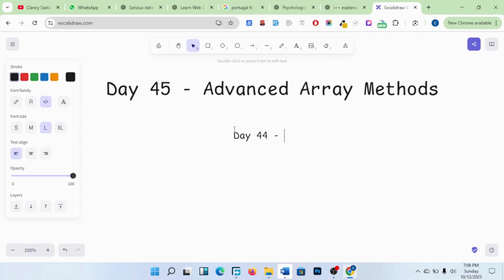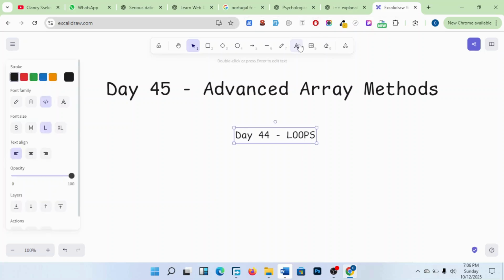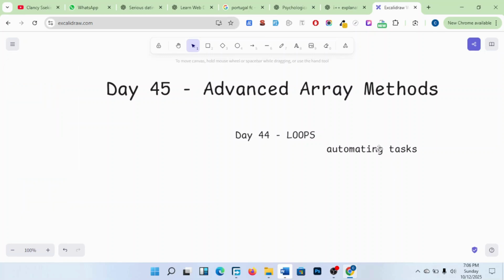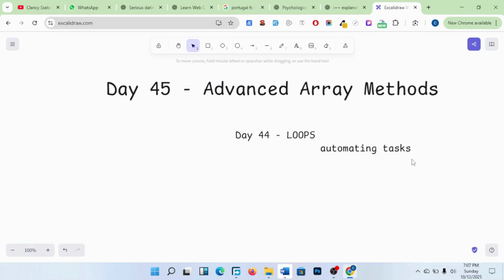Yesterday we looked at loops. We use them when we are automating tasks, and we use them to loop through a lot, like when you want to create a lot of tasks at the same time. So we looked at, for example,